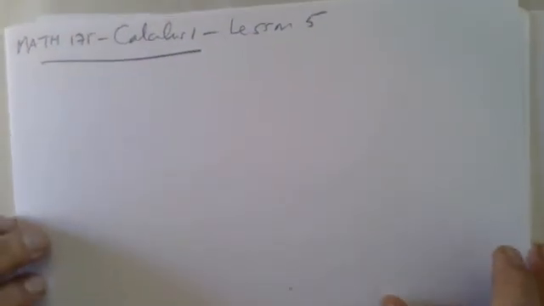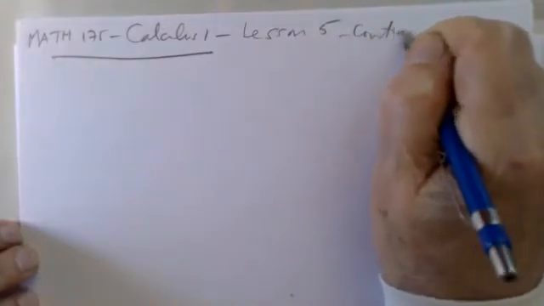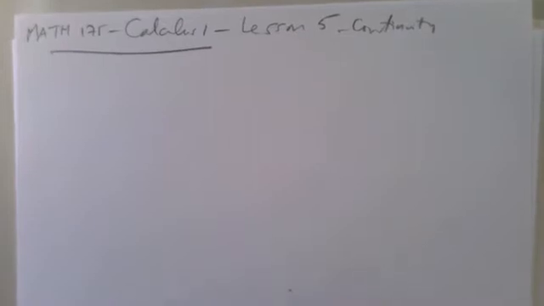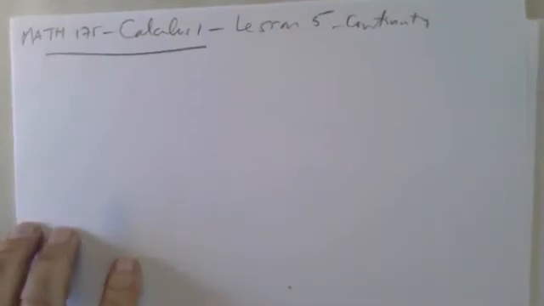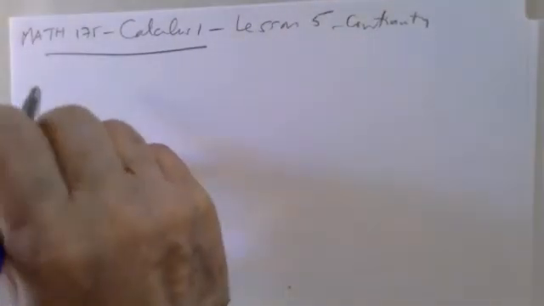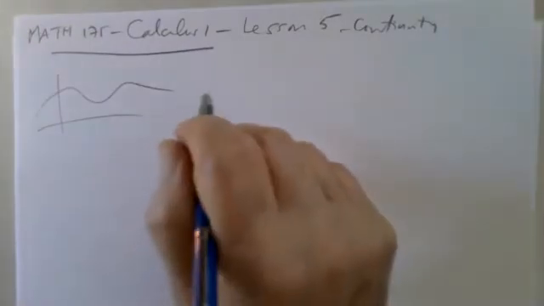We start lesson 5, which is on continuity. In the last two classes, we looked at limits of functions, and a continuous function is just a function which has a nice graph. It doesn't jump around. So if you have a graph that looks like that, that kind of thing is continuous. But something which jumps,